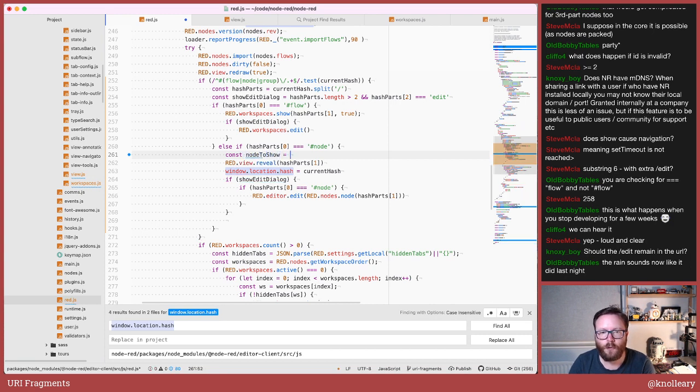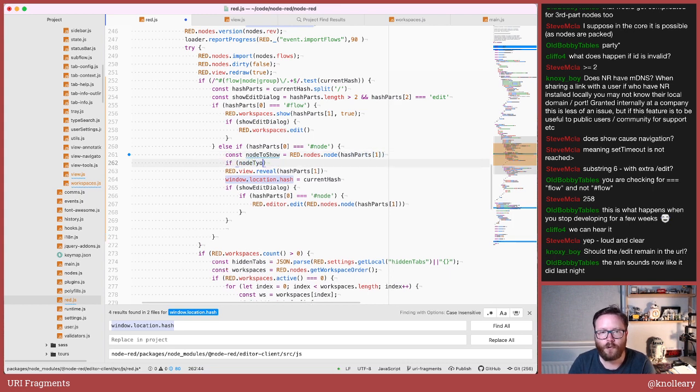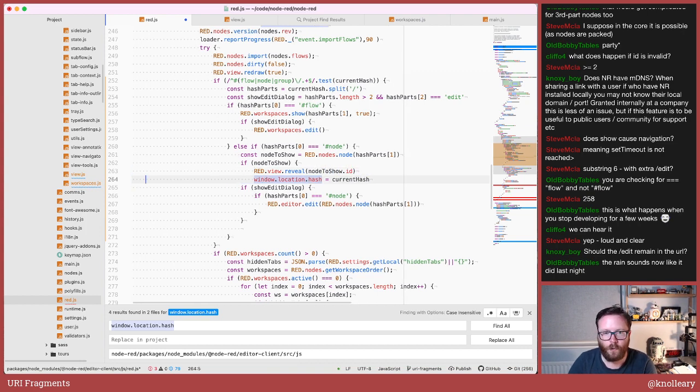Node to show, red.nodes.node. So here we're adding a bit of validation. If node to show exists, then we will reveal it. Node to show.id. We will restore the hash, and then if show edit dialog is true,